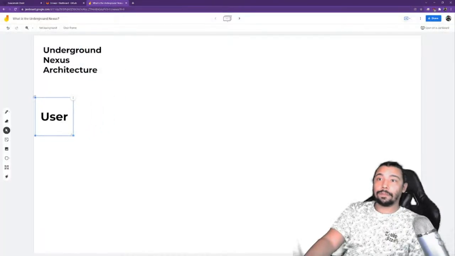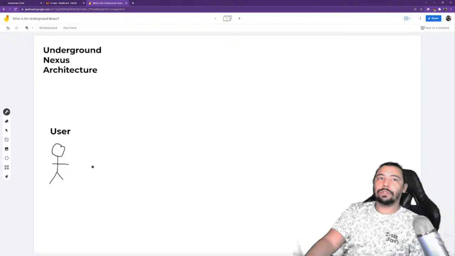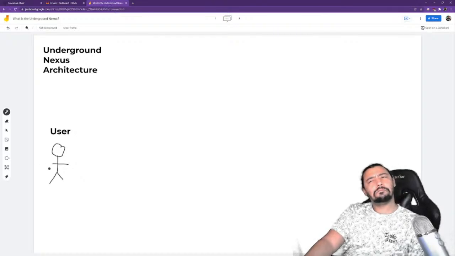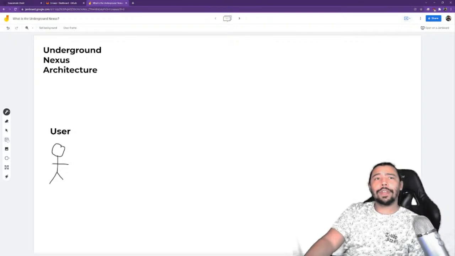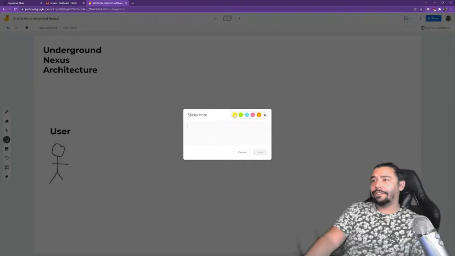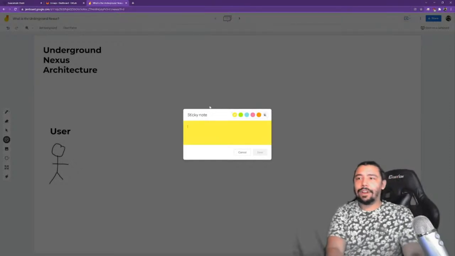So we got the user, and I guess we'll just represent the user as this wonderful individual right here with arms. We have to make sure this individual has arms, although it should be just fine if they didn't. It can work whether you have arms or not.